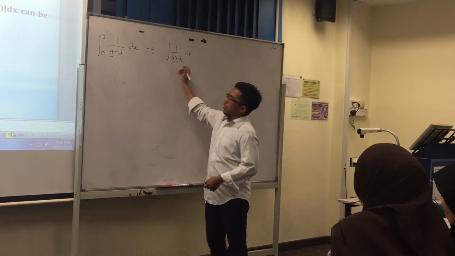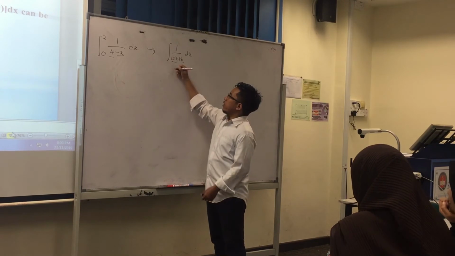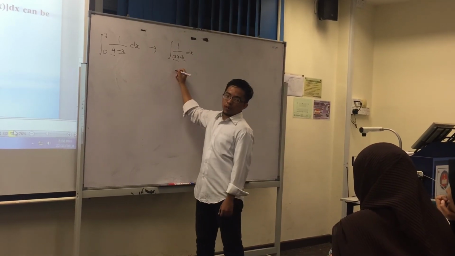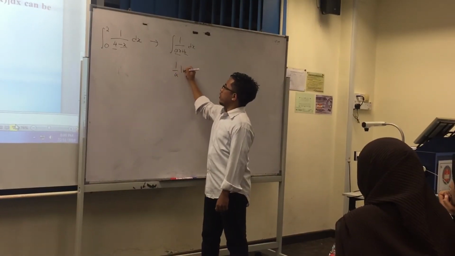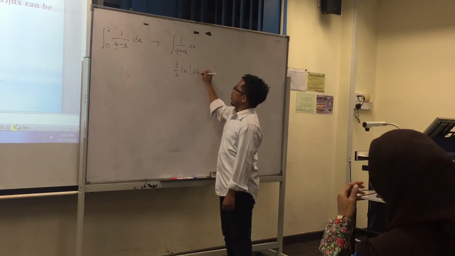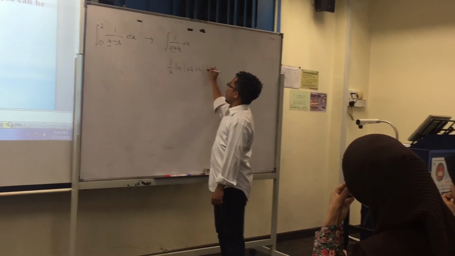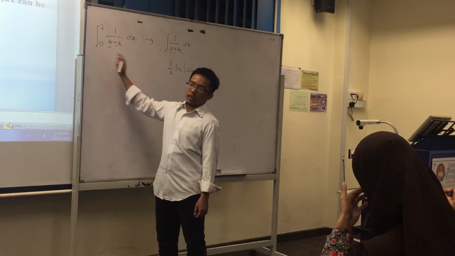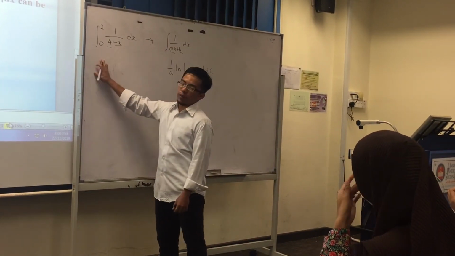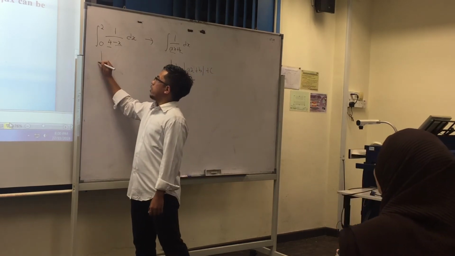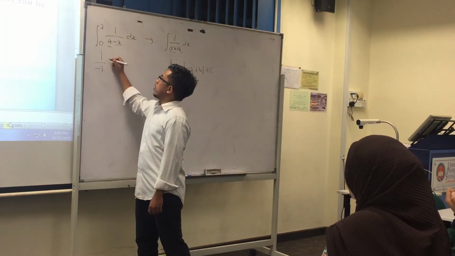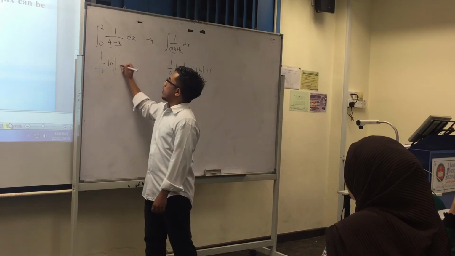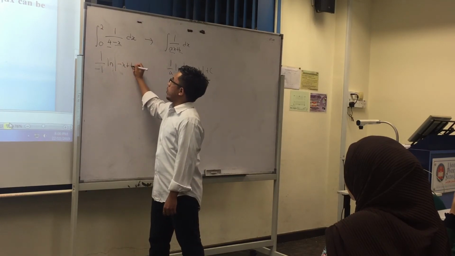So what you have learned in the lesson, when we integrate 1 over ax plus b, we have 1 over a ln ax plus b plus c. Okay, so when we want to use the rule, in the terms of this, we have 1 over minus 1 ln negative x plus 4